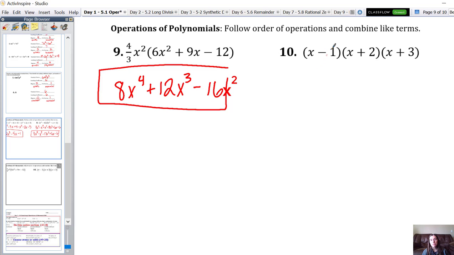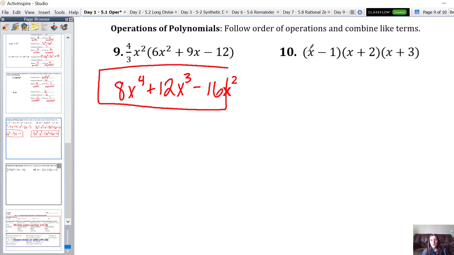In number 10, we have 3 different binomials that we're multiplying. The thing to do here is just focus on 2 of them, leave one of them alone, it doesn't matter which one, and then worry about that one. So I'm going to focus just on the first 2. It doesn't matter which 2 you pick at the beginning because we're multiplying. It doesn't matter what order we multiply. So I'm just going to go with the first 2 binomials, and I'm going to keep this x plus 3